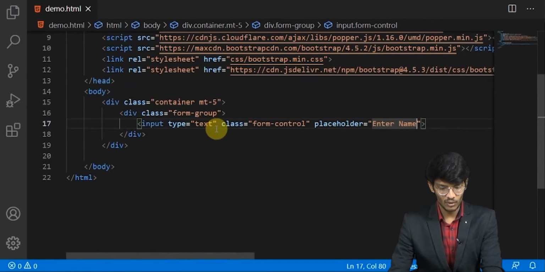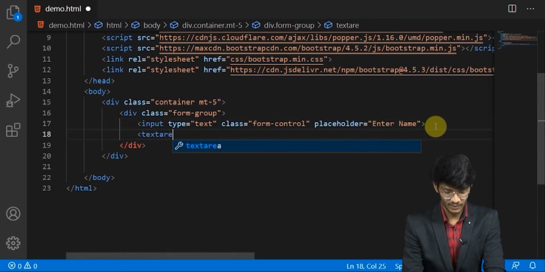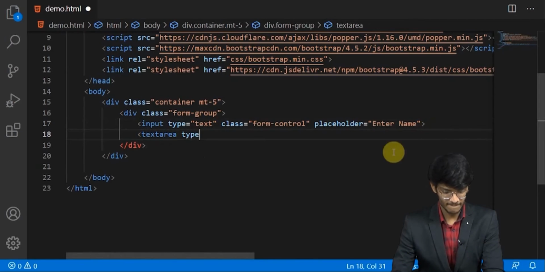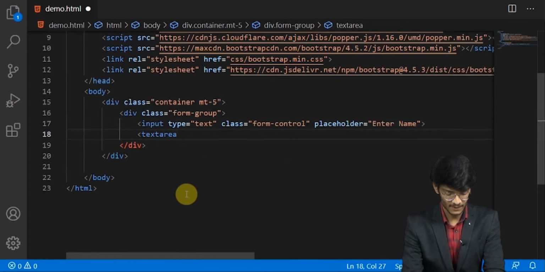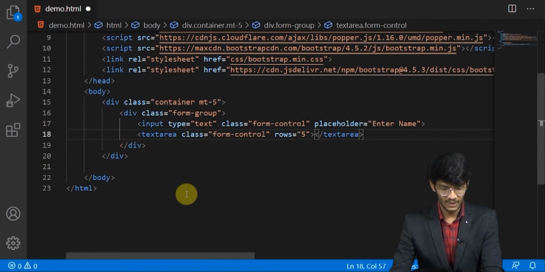Let's move on to the second input field, that is text area. We'll give it a class form control, and rows will be 5. What are rows actually?